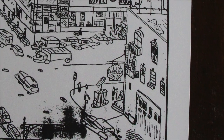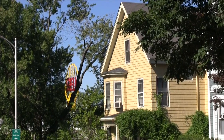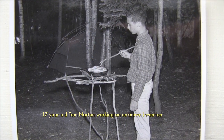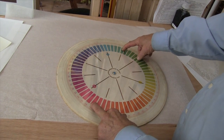If it catches that inner part of him that he really has to express, then he won't let it go. And it might take years. Speaking of taking years to get something right, I had been waiting decades to get something off my chest. Around the time that Tom was getting a patent on his color calculator, his sister, Virginia Norton Nade, gave me